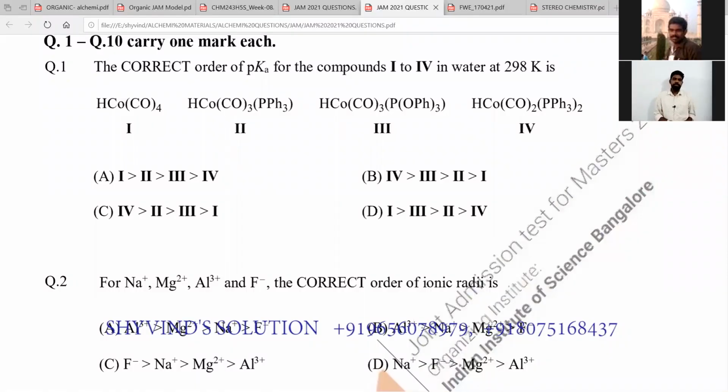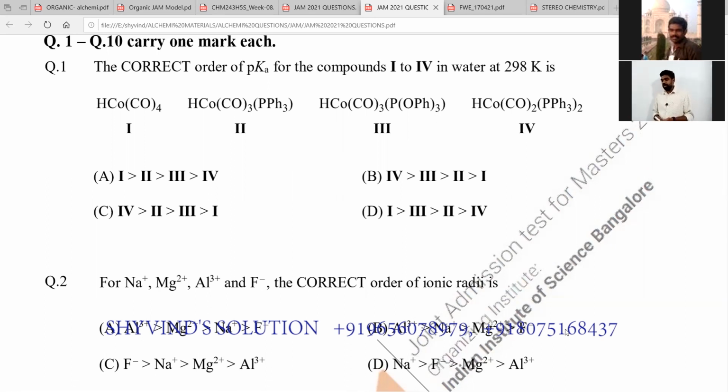So this is the first question. Before starting, I took this question from the IISc Bangalore website. You can search in Google. I give the link of these questions in the comment box. You can take it from there. So this is directly from the IISc website, and the order of the questions is as they're given. So let's start. This is the first question.